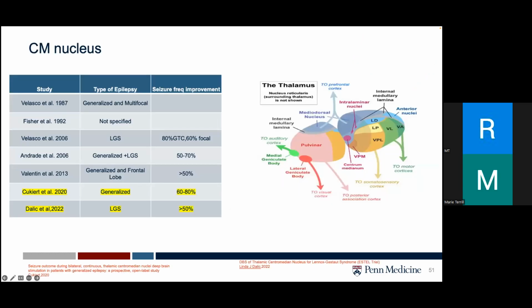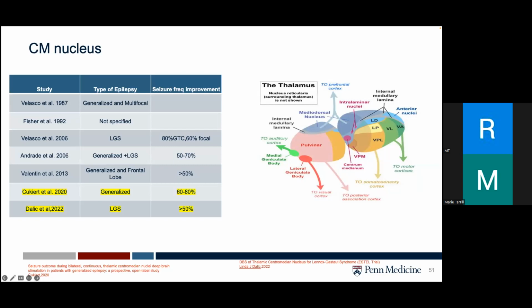The central median nucleus is part of the intralaminar thalamic nuclei, which is involved in attention and arousal. It also has extensive connections with motor and sensory areas like the medial orbitofrontal cortex and anterior insula. It also has subcortical connections to the basal ganglia, and receives inputs from your reticular activating system and brainstem. Given its relatively larger size, it makes for easier targeting with thalamic interventions.